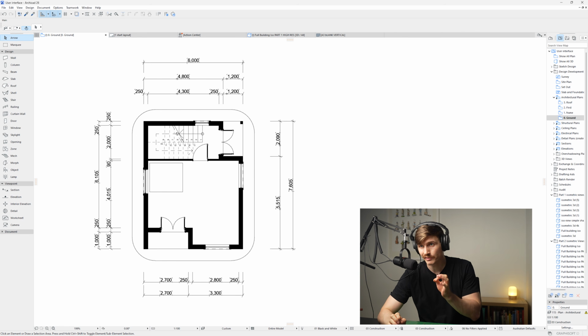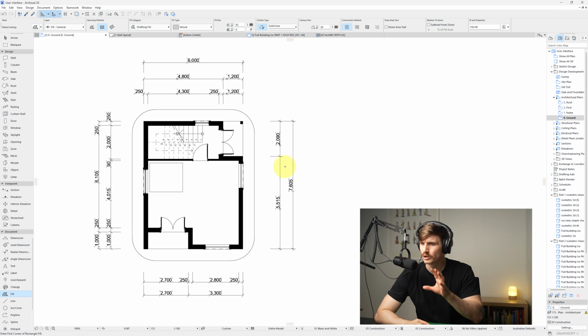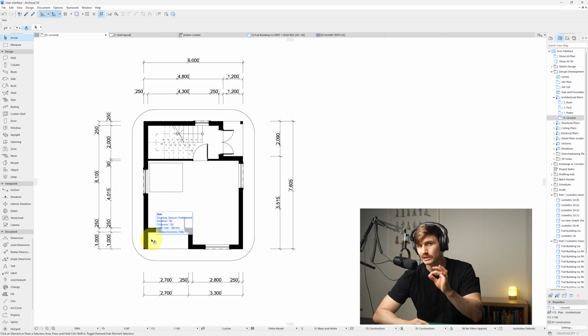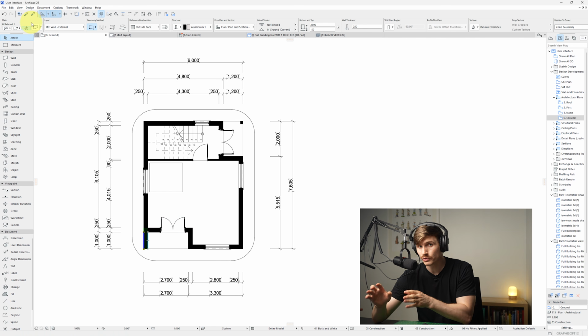So from here, we actually have a pretty reasonable set of the fundamental tools that we need for a lot of projects. We've got our toolbar on our left, which we can start drawing walls, windows, and doors, all the way down to the bottom where we've got documentation, where we can start drawing in fills and dimensions and everything in between. Now, when we do select something on a plan, it's going to give us more settings and options